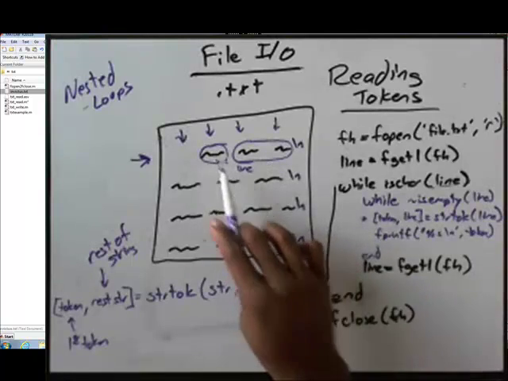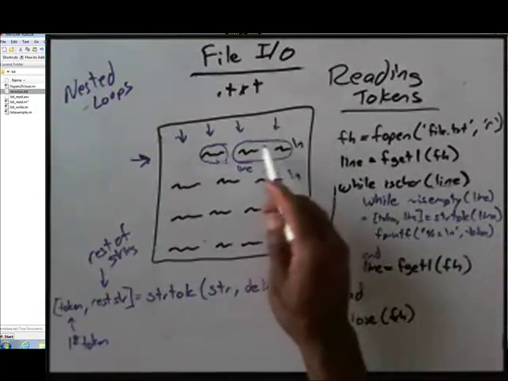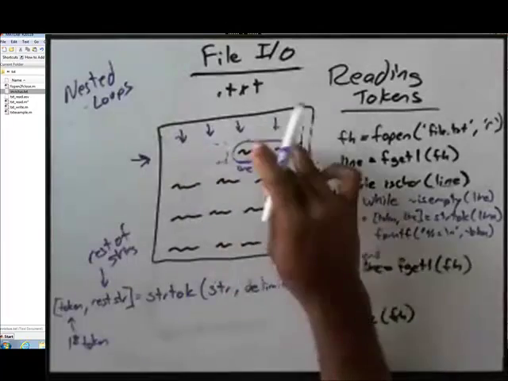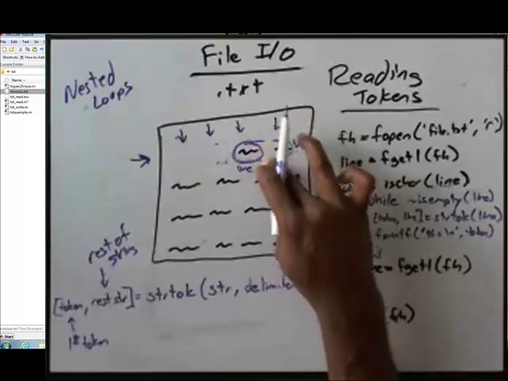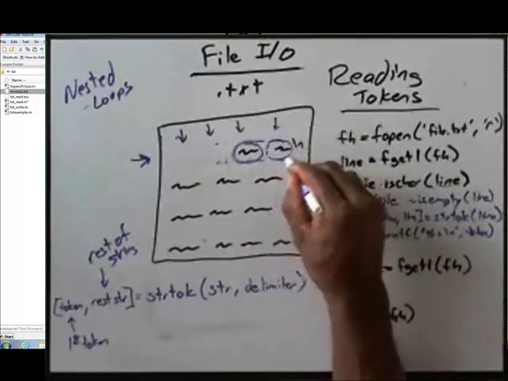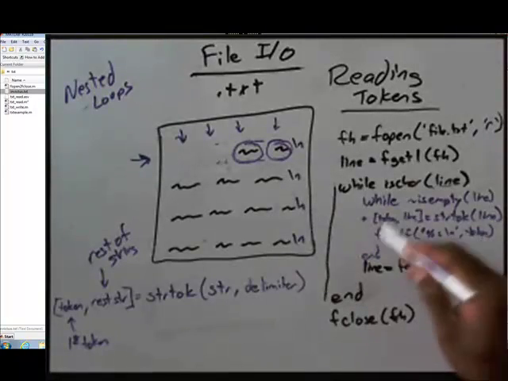So we print that out, we go back to the top, check this to see if it's empty, it's not, then line comes down here and we do a strtok on this one here. Right, now that one's gone. And then, so this is the first one, this becomes token, and now line is just this one here, right? So now token is printed, and you go back up to the top,